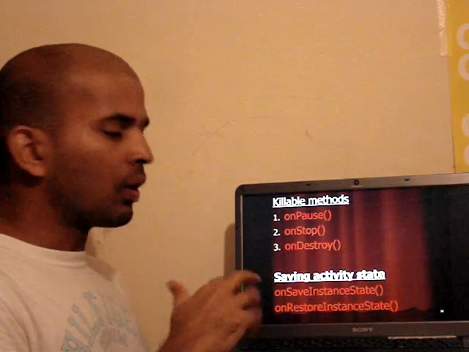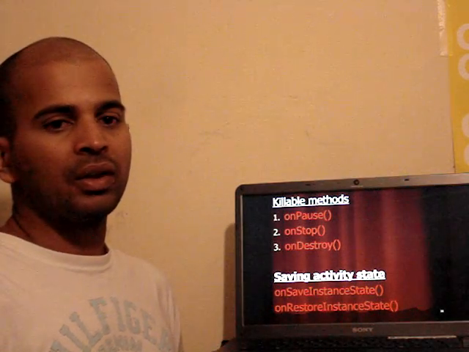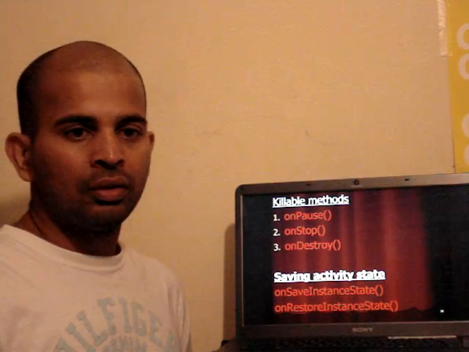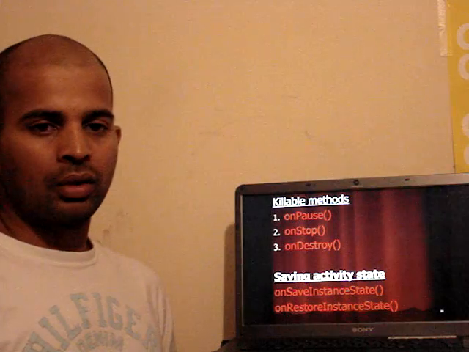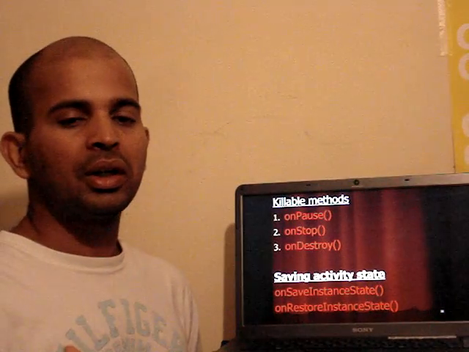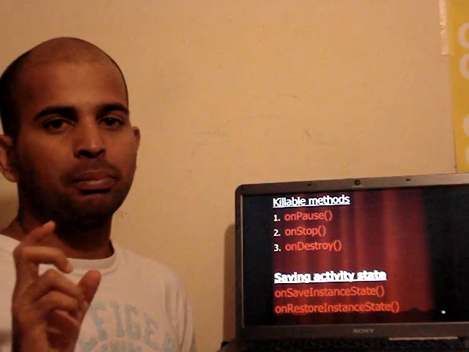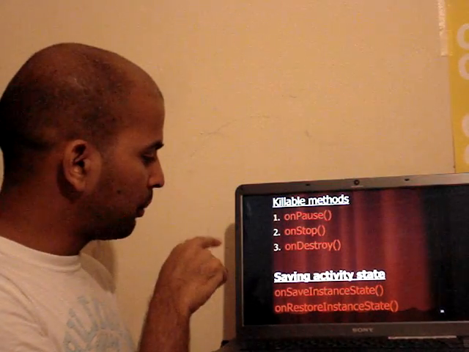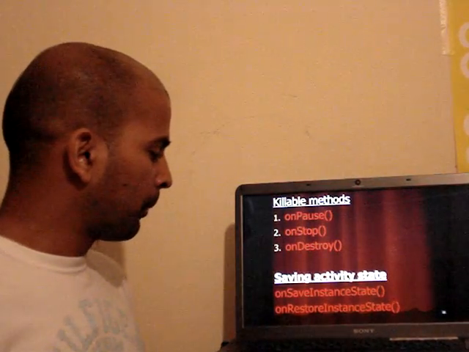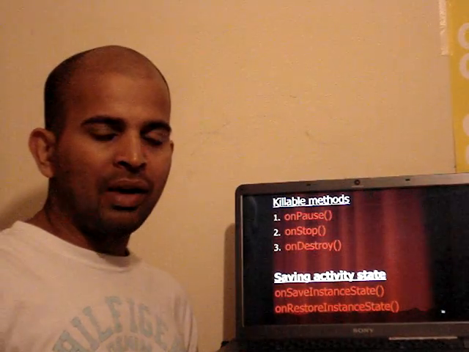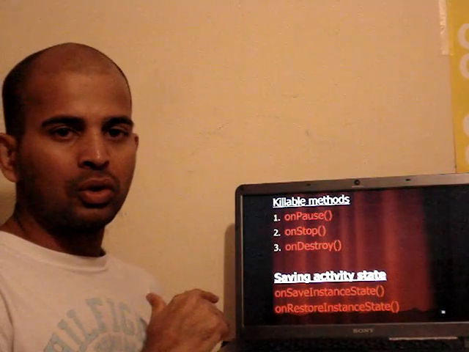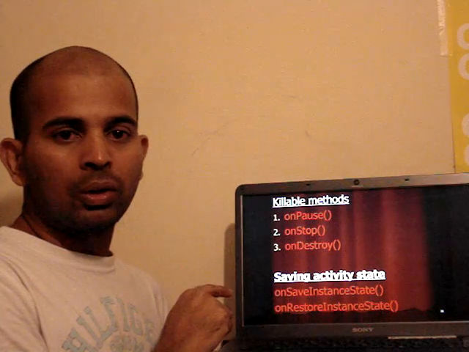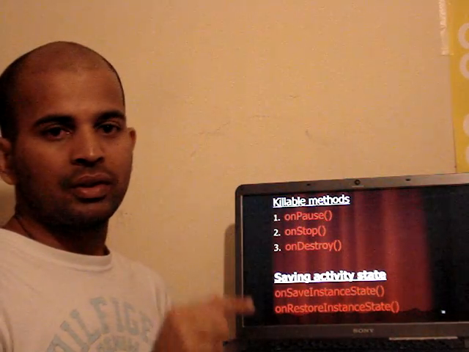Both these methods are not part of the life cycle methods. They are not always called. For example, an activity can get destroyed when the user presses the back key. In such cases, these methods are not called. So you may have questions: when are these methods going to be called? These are called only when the system destroys the